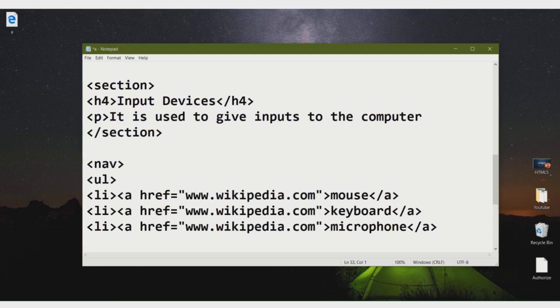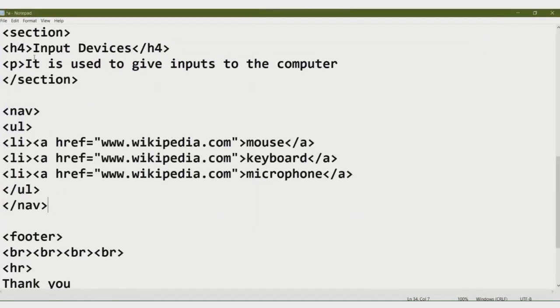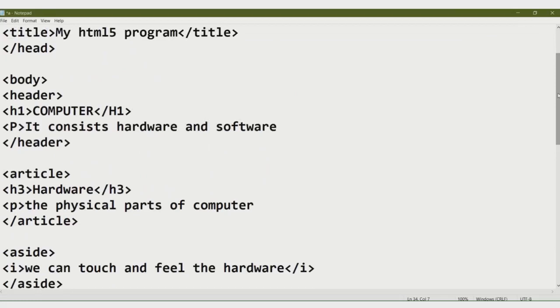And then you have to close the UL tag, meaning the unordered list tag, and then the nav tag also. Okay, so let's see the complete document. See, this is the complete document.